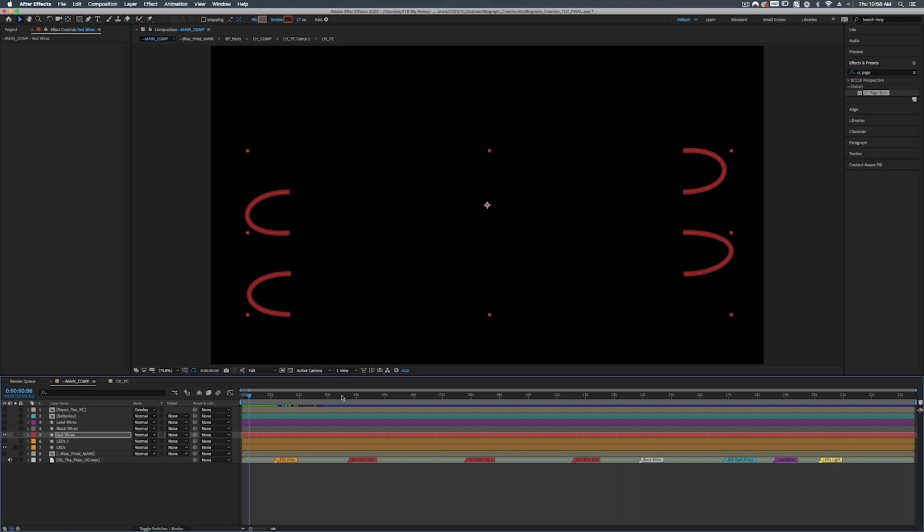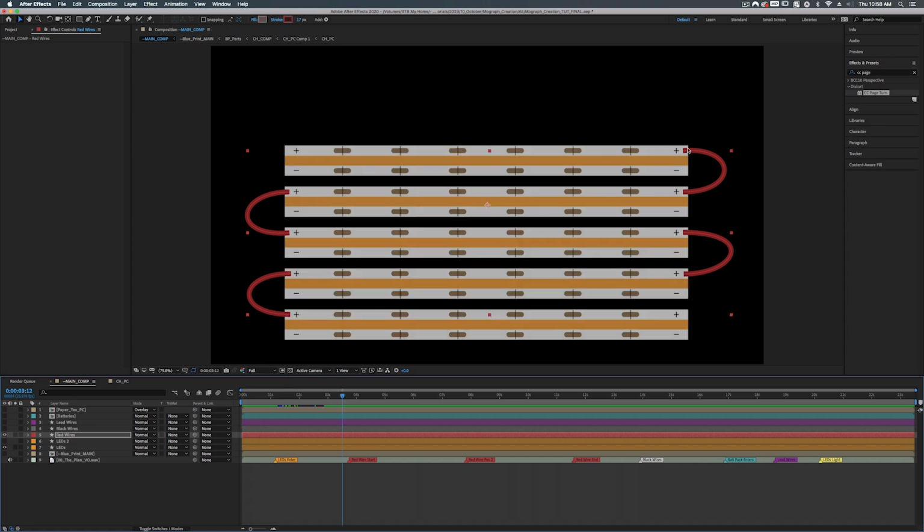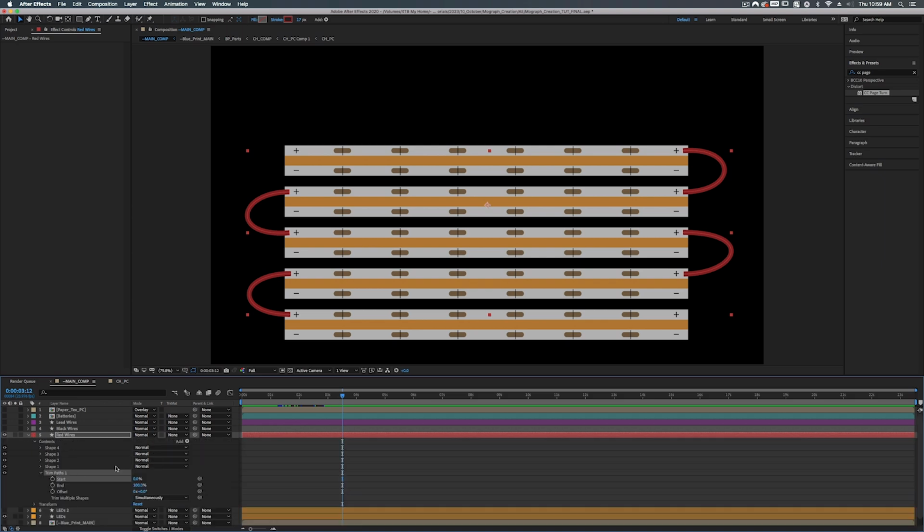So, for the red wires, I mentioned that I'll be daisy chaining from here to here. And then I go on about how on the opposite side, I'll do the same, but down one step. And then I go through and do the rest. So we need to break all of that up into its own little section of animation. And we've done this with our animation flags. All right, so the reason why I'm bringing this up, because if you go down to trim paths and we